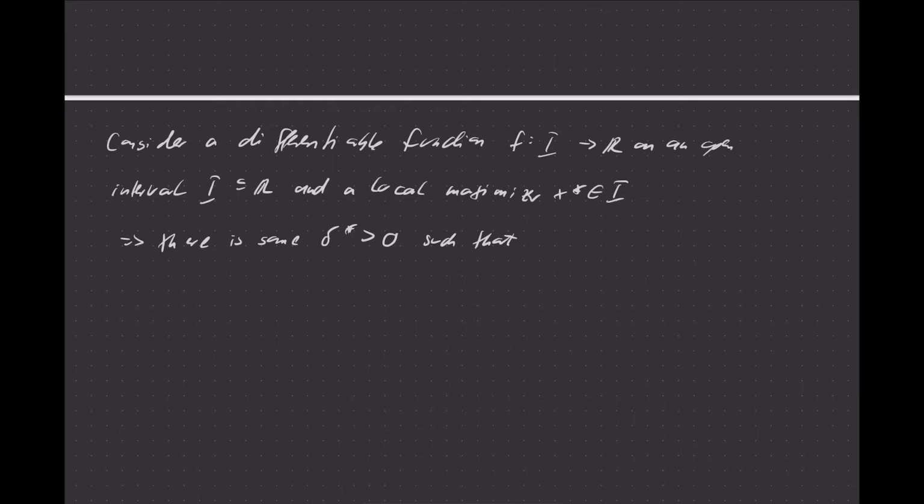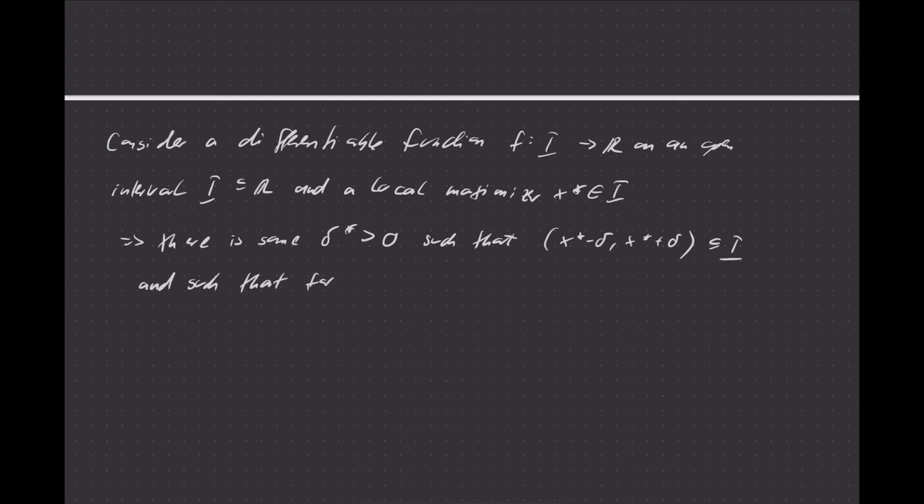let's just assume the interval is open, so the point x star cannot be a boundary point, and that means there's always a neighborhood that is completely included in that interval as well. So we can assume delta star is chosen suitably, such that x star minus delta star and x star plus delta star, this open interval here, is completely included in I, and such that